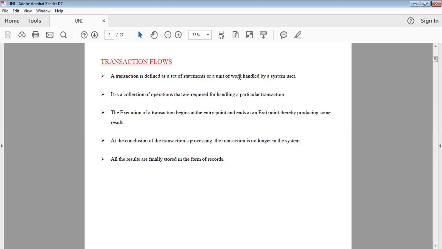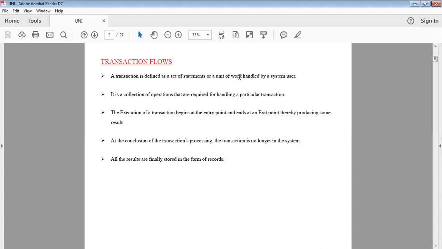Generally a transaction will contain a set of operations. While doing a withdrawal in the ATM center, it will contain multiple operations. A withdrawal cannot be done by a single operation. It requires different operations like inserting the card, entering the PIN value and entering the amount.